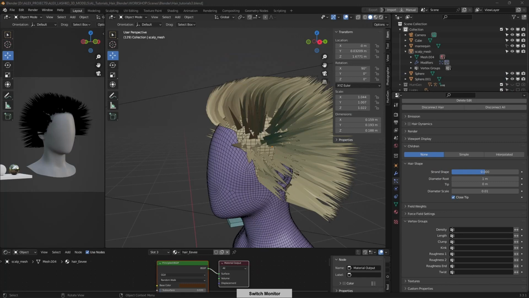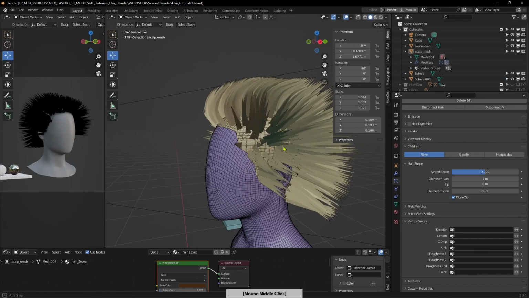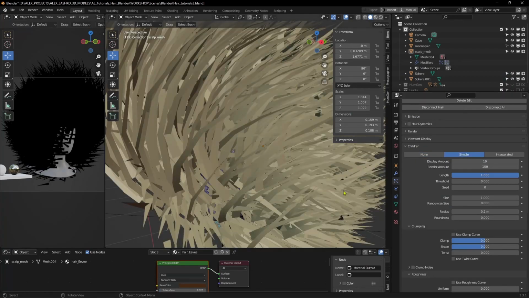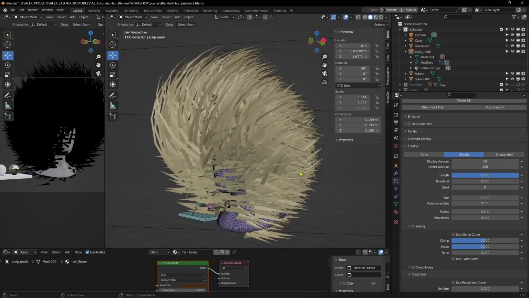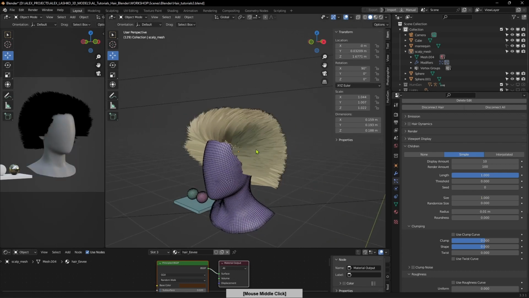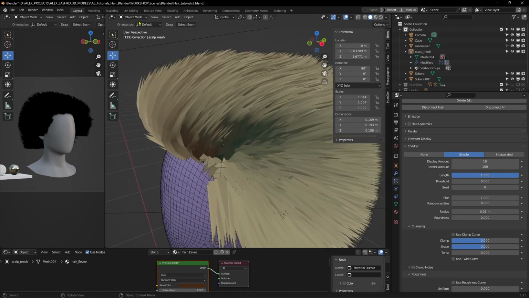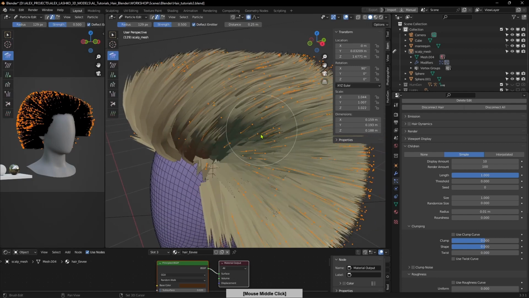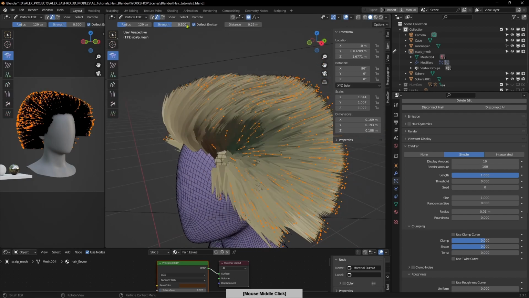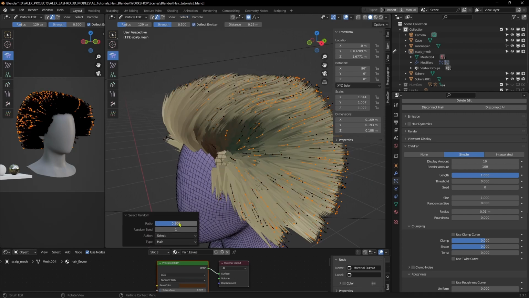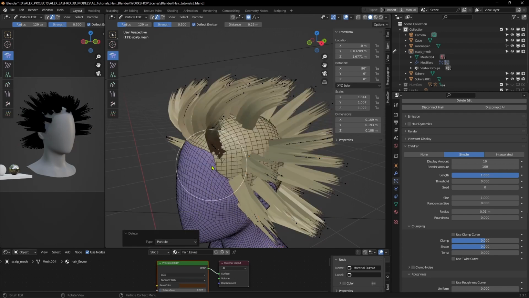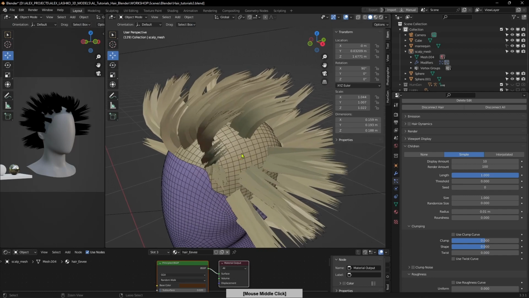Let me close this out and show you the example with our hair setup. If I select simple, sometimes you will get this weird look. That's just because the radius is way too big, so I will bump this down to 0.01. Now, maybe it is hard to see, so let me decrease the amount of our parents so you can see exactly what that means. I select all of our parent curves, go to select random, and get rid of 90% of our curves randomly. Now you can see more clearly that